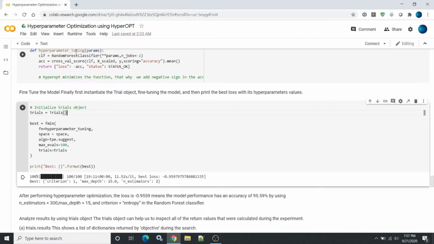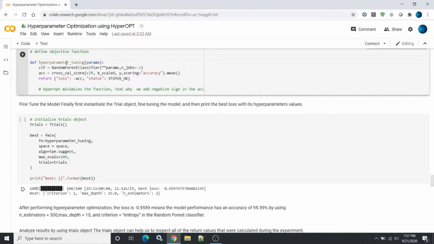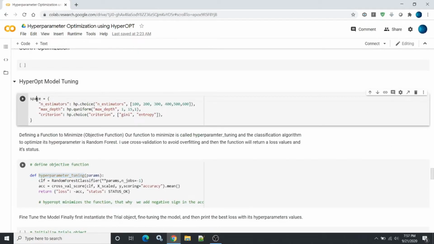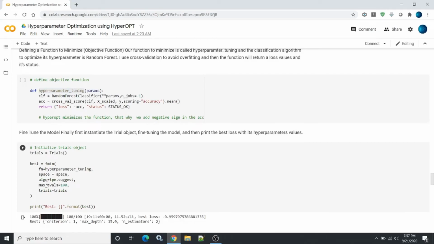Then you pass the space you defined, and tpe.suggest, which is the algorithm that you are going to use, and max_evals is 100. So how many evaluations have to be done? And trials equal to the Trials object that you have to pass.